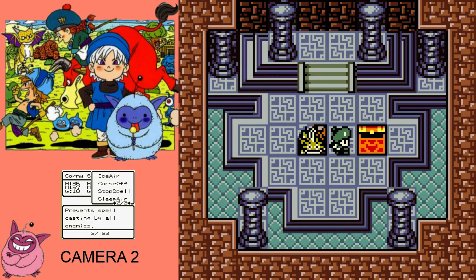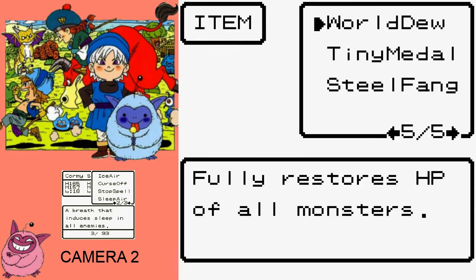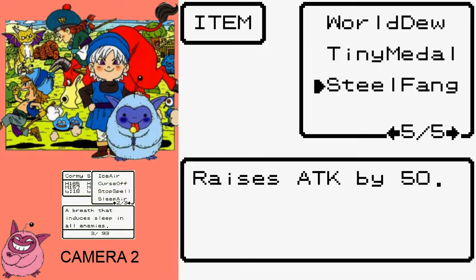I know family-based attacks aren't great, but I do want to keep Metal Cut around for a while. Metal Cut has its... Whoa, holy crap. You just got something exciting. Yeah, Steel Fang. Attack by 50. Yeah,